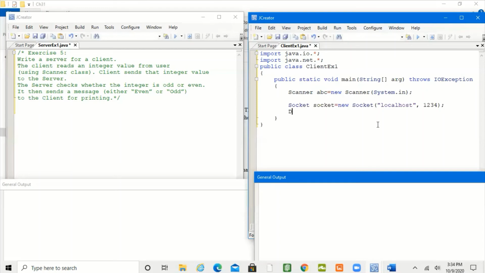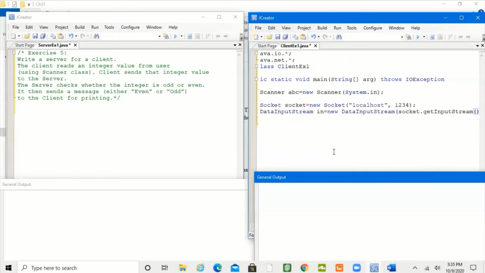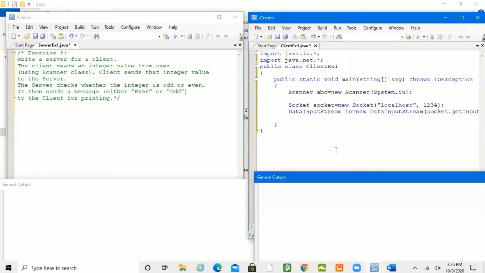Now you create the streams. As I'm going to pass an integer value and the client will receive a string value, I'm going to use DataInputStream and DataOutputStream. So new DataInputStream, and inside you need to embed socket.getInputStream.